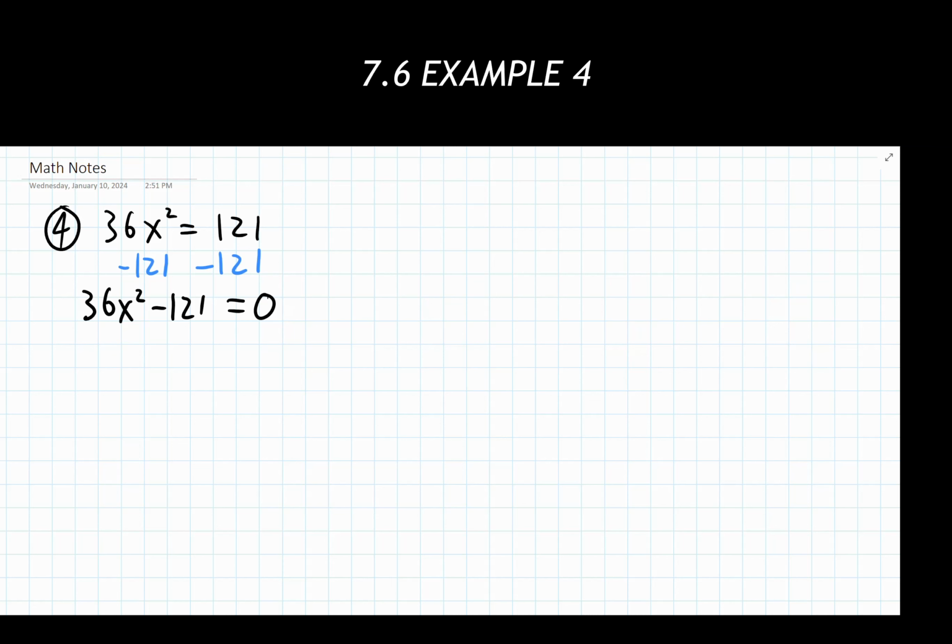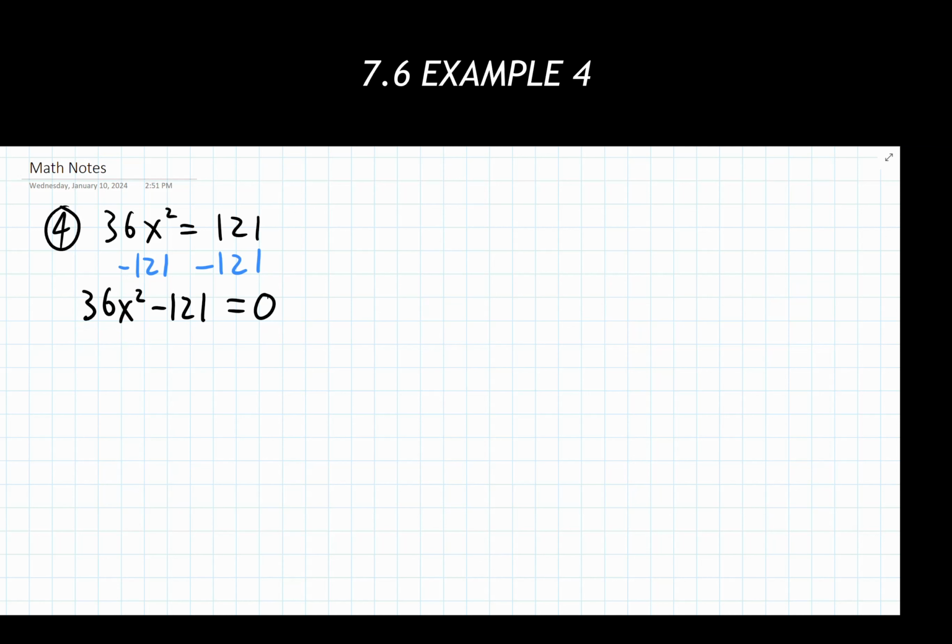Now our second step, told to fully factor the quadratic expression on the left-hand side. I'm going to make this one a little bit clearer there. There we go. So I'm fully factoring the left-hand side. I'm noticing I have only 2 terms over there. And those terms are separated by a subtraction sign. 2 terms and our subtraction sign. This thing might be the difference of squares here. Now look at the first term and I'm seeing, okay, well 36 is a perfect square. And x squared is a perfect square. So the whole first term in its entirety is a perfect square.